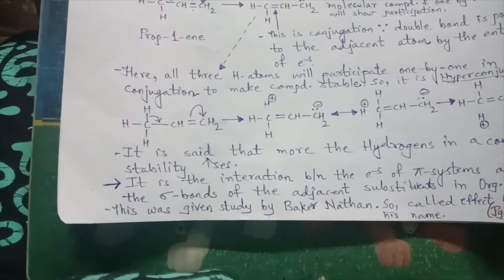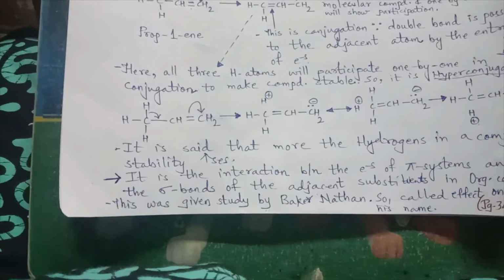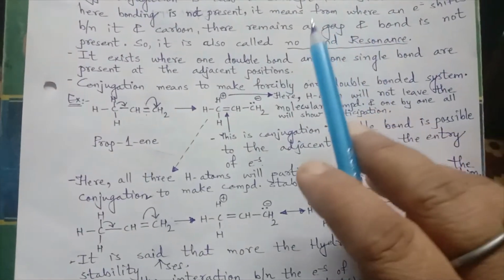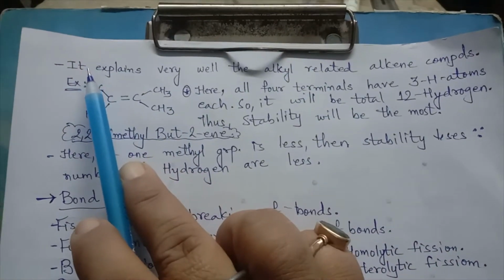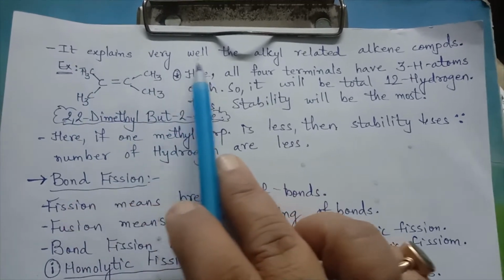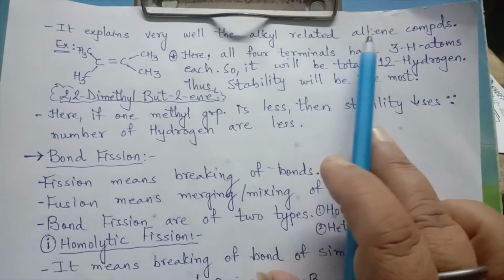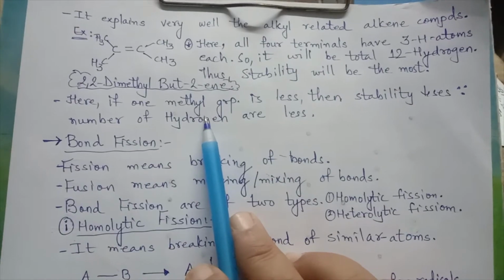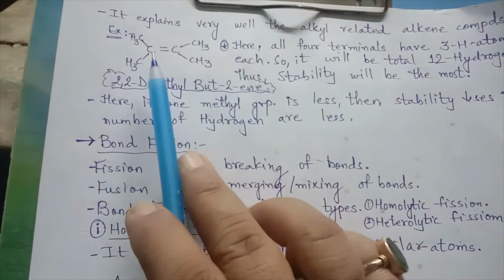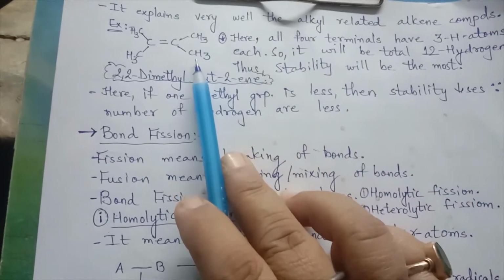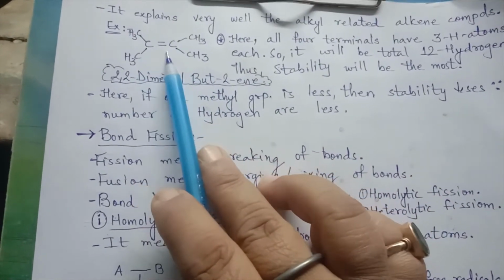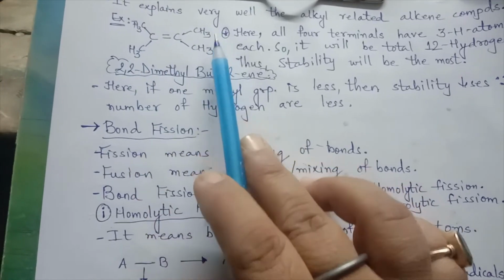of the adjacent substituent in an organic compound, which was studied and given by Baker-Nathan, and so this effect is also called Baker-Nathan in honor of his name, or even we can say it is no bond resonance. So the effect also explains very well the alkyl related alkene compounds. Alkene compounds, that means those having a double bond, and alkyl related, that means the attachments to